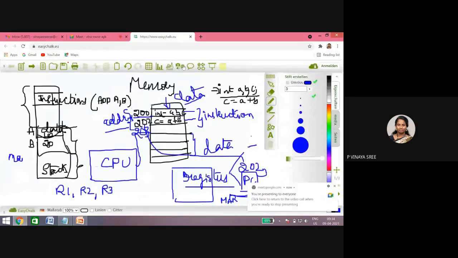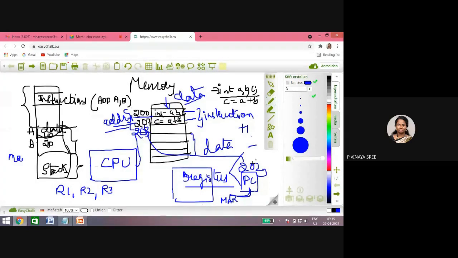But 80% of the time, the program counter stores the next address that the processor has to execute, which means incrementing by 1. So if the processor is executing the instruction at one address, it automatically increments to the next.